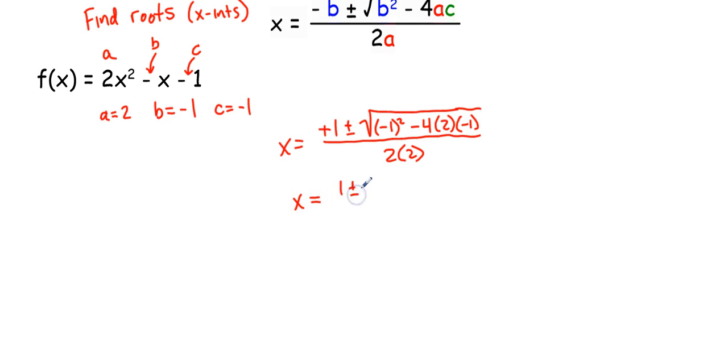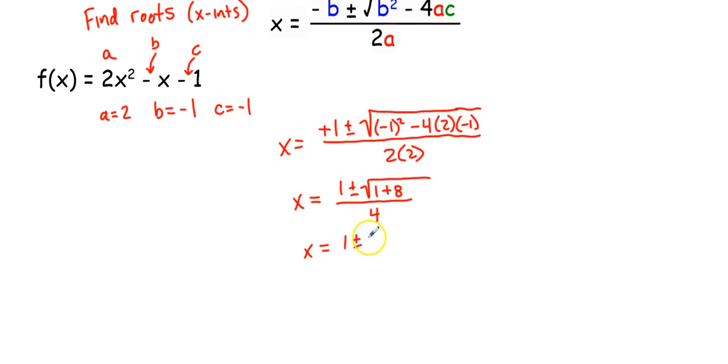Simplify everything on the inside of the square root. So this is going to be 1 minus 4 times 2 is 8 times another -1. So negative, 2 negatives, turns it into a positive. That's plus 8 over 4. Simplify a little bit further, and we get 1 plus or minus